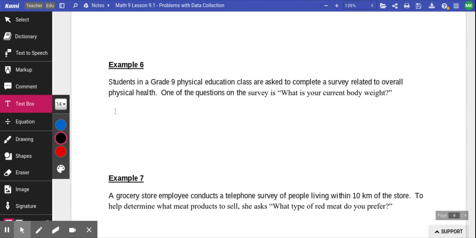Okay? And try your best just to pick the best problem that you see with data collection. I hope you're all doing well, and